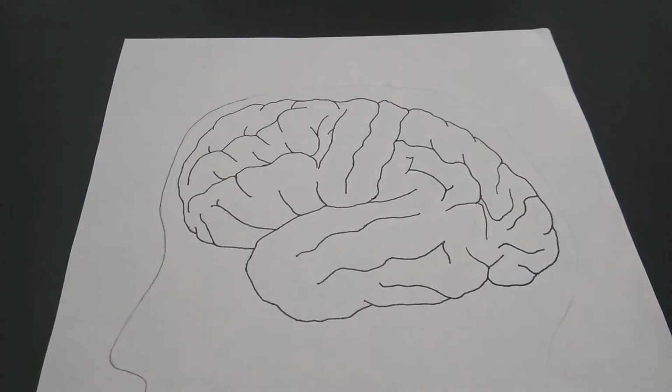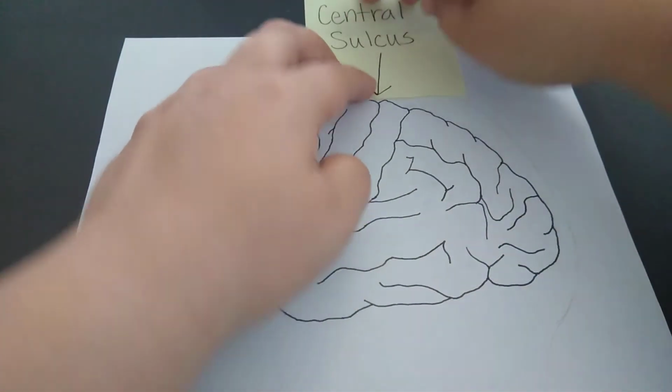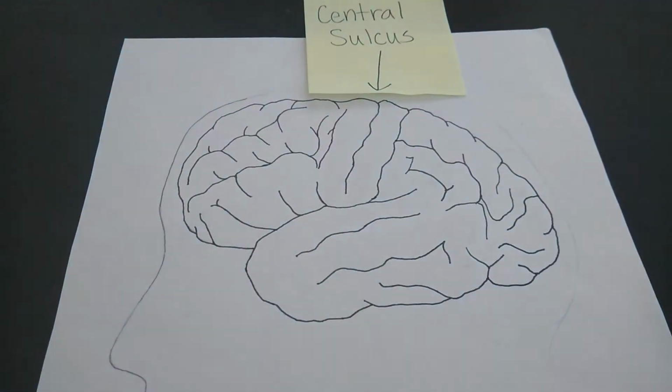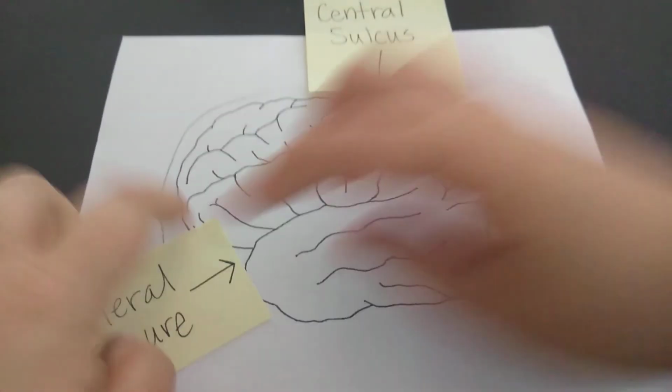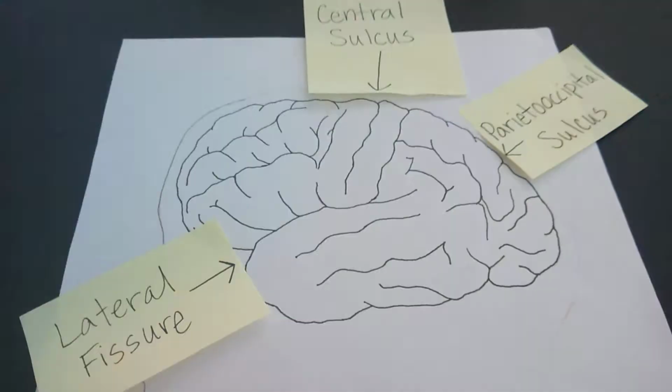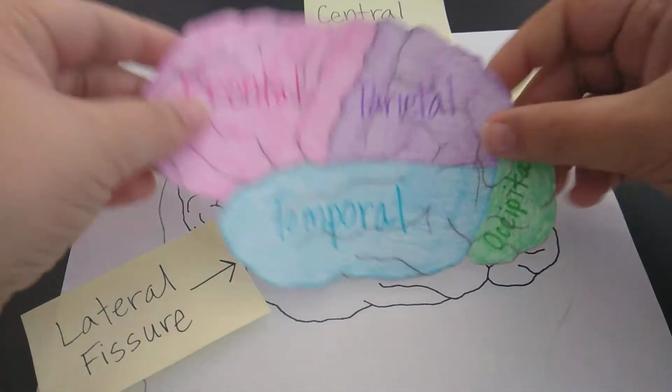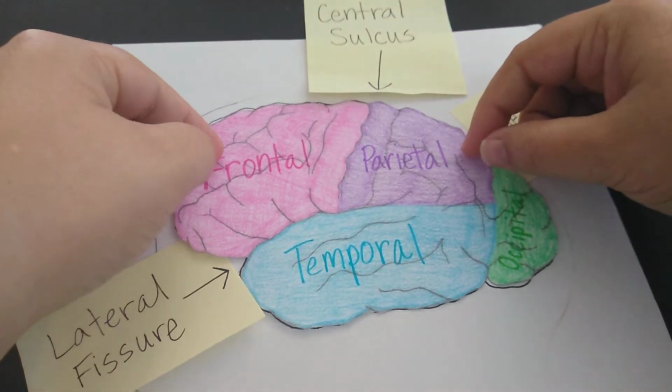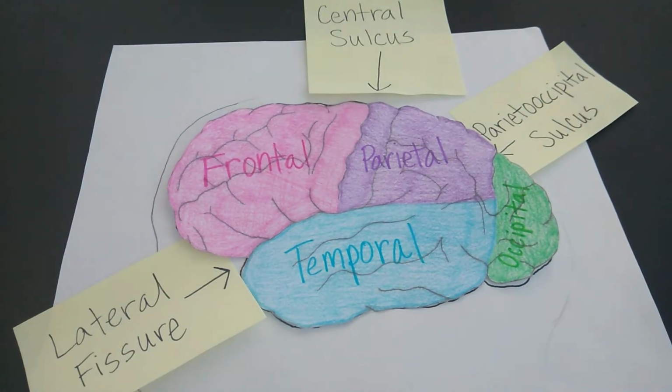These include the central sulcus, the lateral fissure, and the parieto-occipital sulcus. These divide the brain into the frontal lobe, the parietal lobe, the occipital lobe, and the